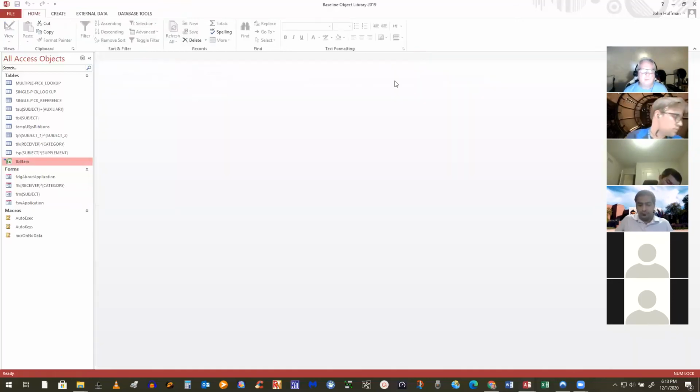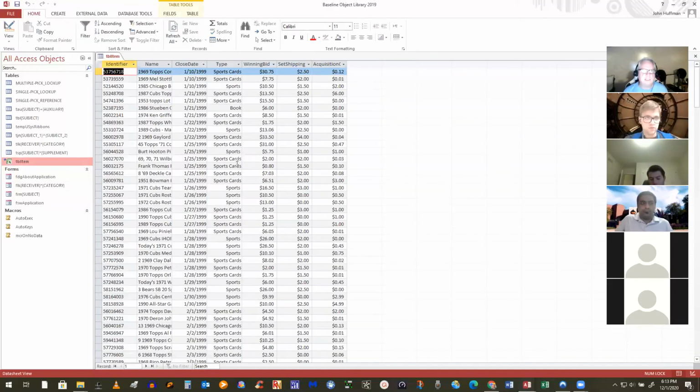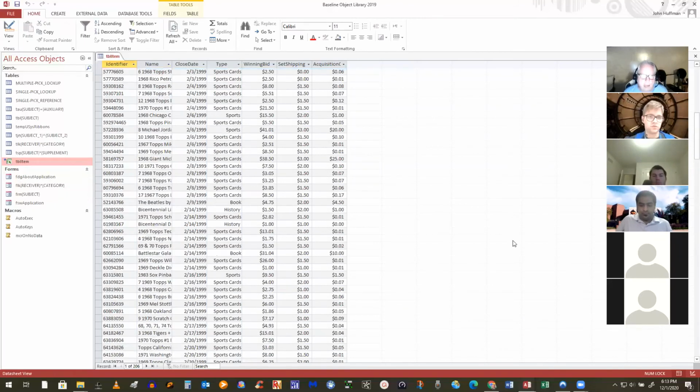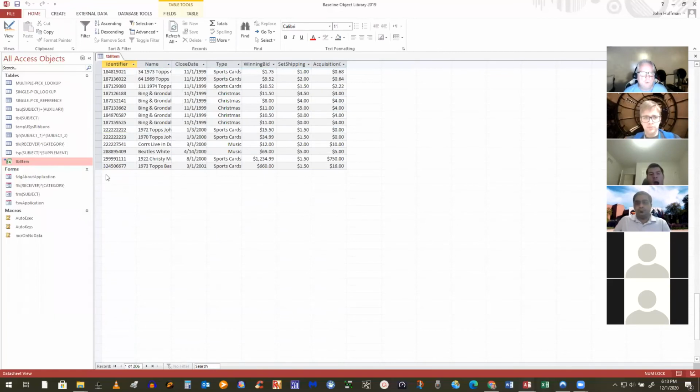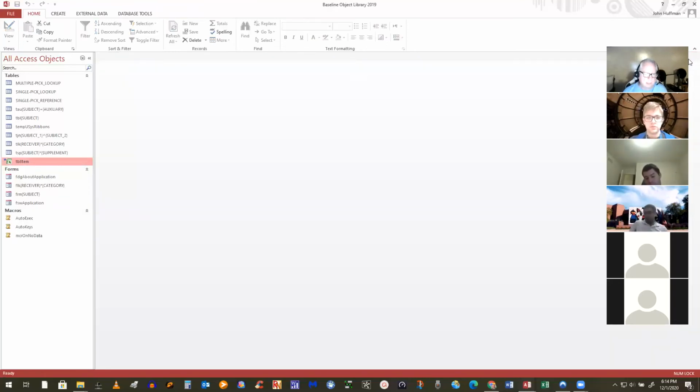The thing that's cool about this is I can open it up and you can see the data in here. But if you go all the way to the bottom like we usually do, you'll see there's nothing to put a new row in. I can't manage this data. I can't change it here. I can only change it back in the spreadsheet. Well, let's do that. Let's go back to the spreadsheet. I'm going to close this down and go back to the spreadsheet.